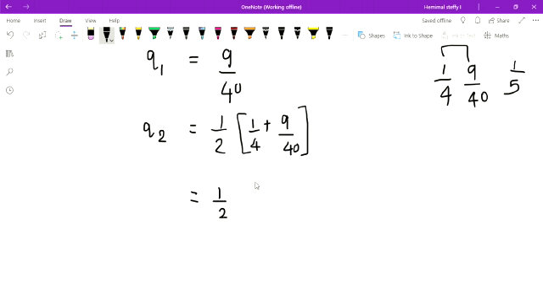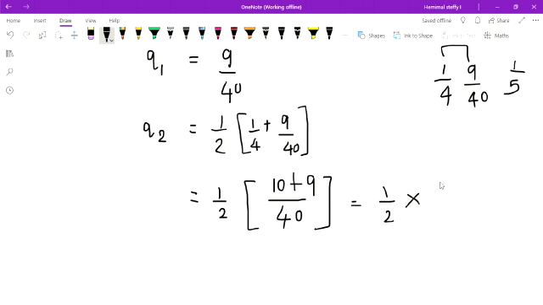You know how to find the fraction. 4 by 40. What is the fraction? Yes, 40. 4 comes 10 times. So I am going to multiply 10 here. 1 tens are 10, and then plus 9. Adding 2, 10 plus 9 gives 1 by 2, multiply 10 plus 9, 19 by 40.